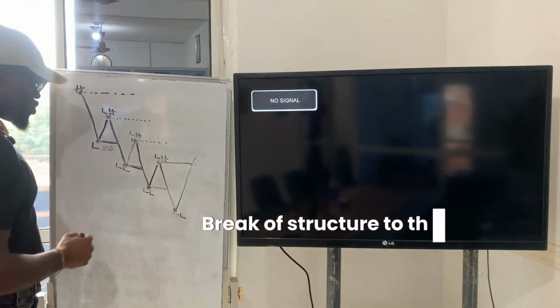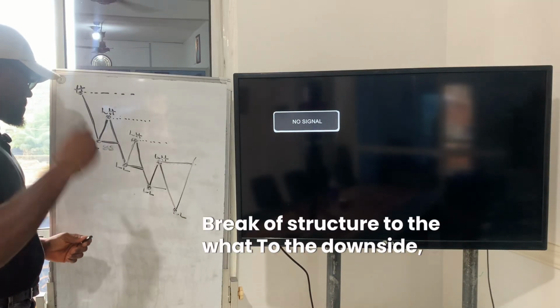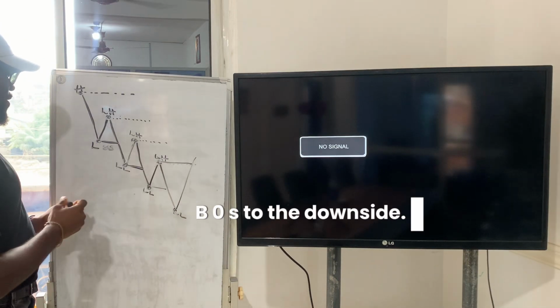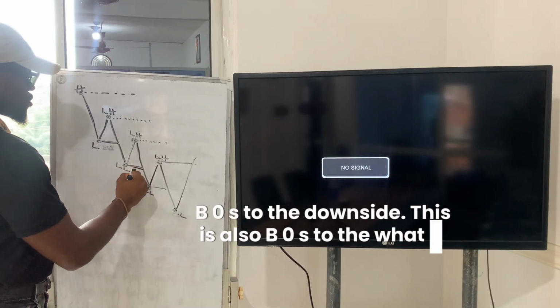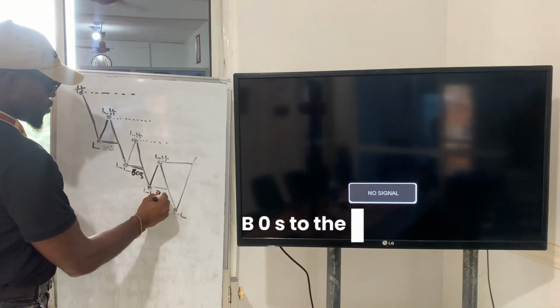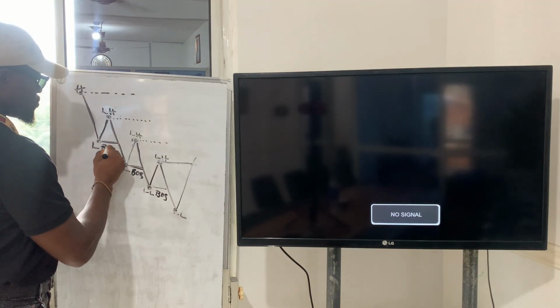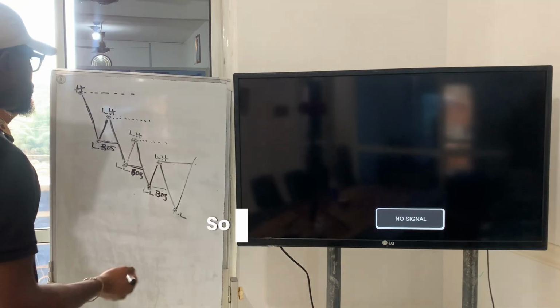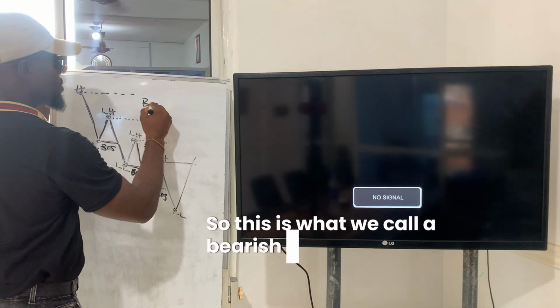Break of structure to the what? To the downside. BOS to the downside. This is also BOS to the what? Downside. BOS to the what? Downside. Also known as what? Break of structure. So this is what we call a bearish